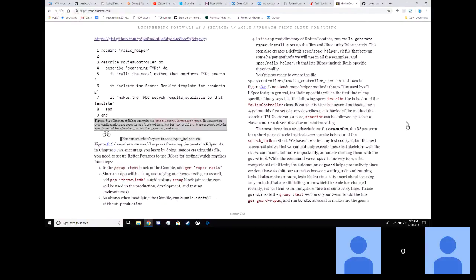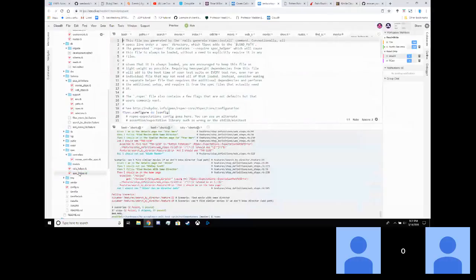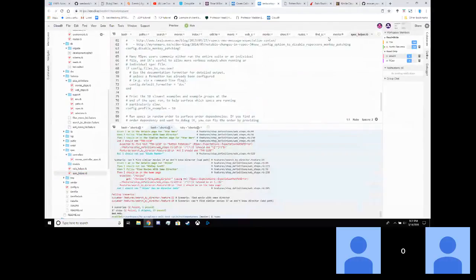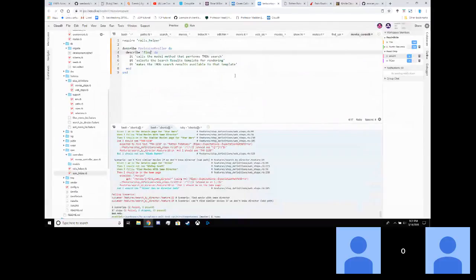Require Rails helper, describe searching TMDB do, calls the model method that performs TMDB search and selects. Is this how their other RSpec looks like? Okay, that's not exactly clear. So we want